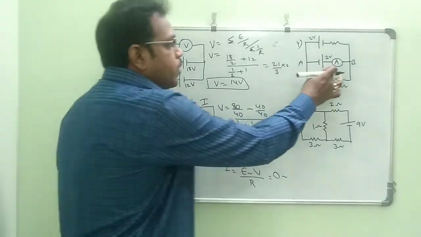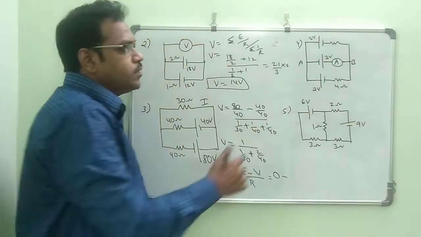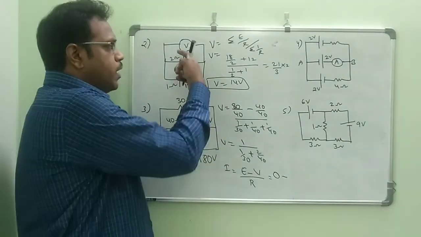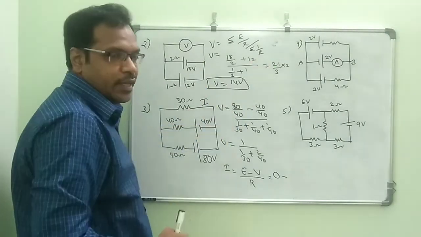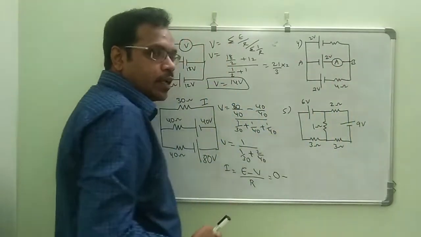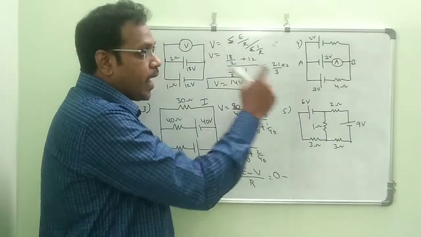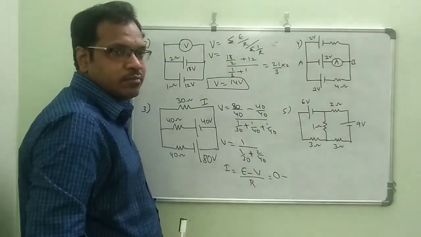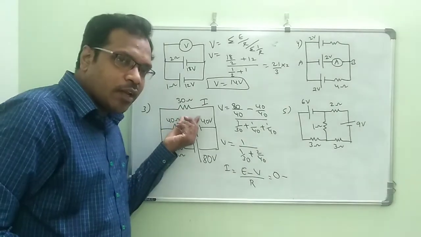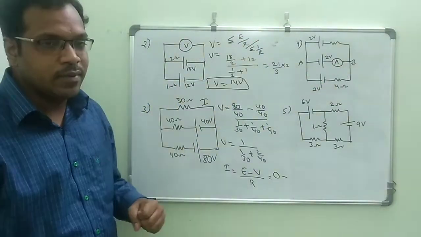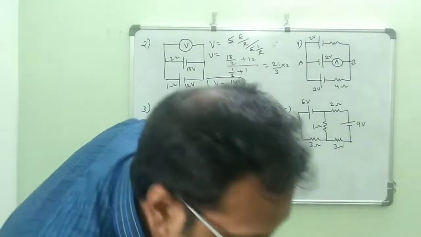Okay, and now we'll go for this one. In this, again 3 cells are there. First the general trick formula, here only 2, here only 2, here again 3. And we need to find out here the ampere, that is the ammeter current, that is the current in that branch you have to find out, AB. But there is no resistance here. That means there is no EMF here and there is no resistance here. That model set. So for that model, we'll see now what you have to do.